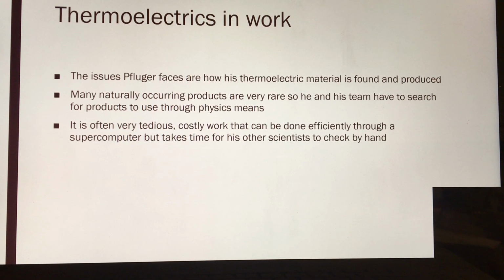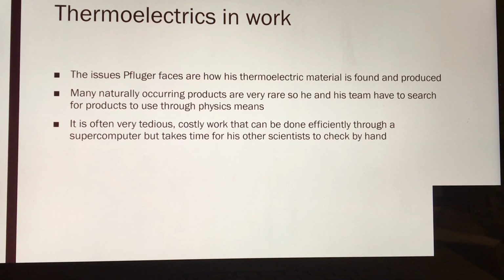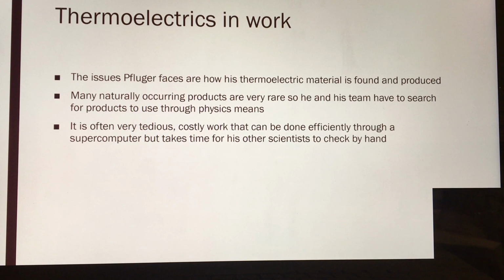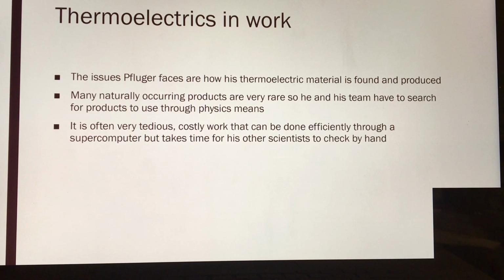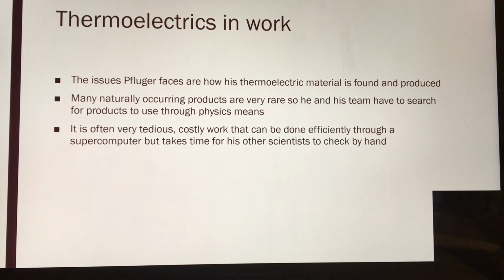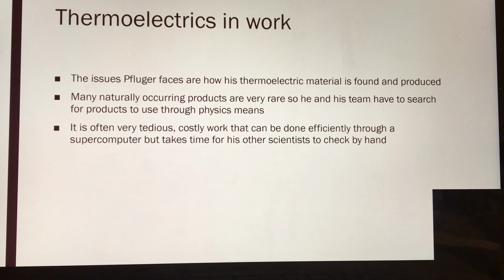It's very tedious and it's very costly, and it's not done very efficiently, but they do have a supercomputer that can do it efficiently, but it still does take amounts of time, and the scientists also have to go through and check this by hand. So it had its kinks with the cost effectiveness and the availability of the materials. So this next one that we will discuss was very similar to Pulfker's processes, but they